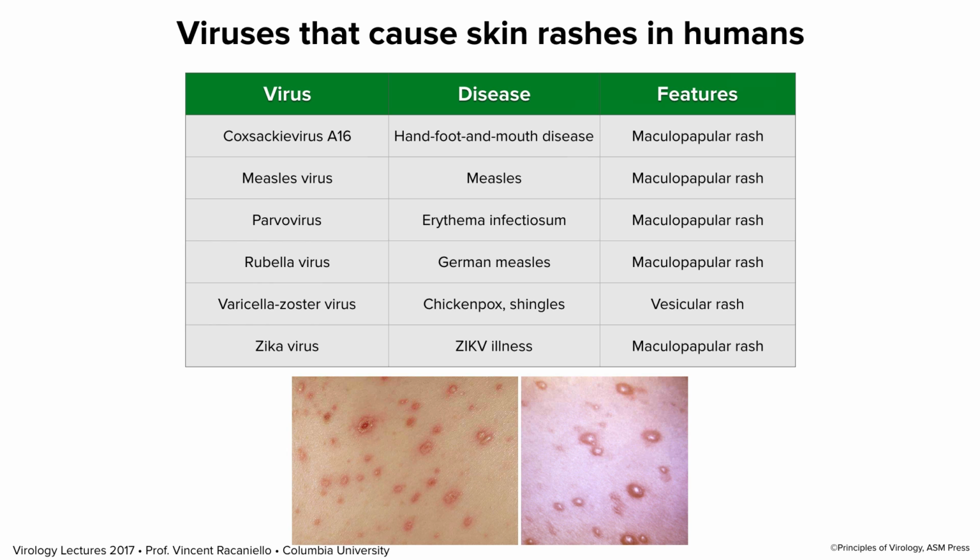One is a vesicular rash, and that's chickenpox or shingles, and that's on the right here. And you can see the individual rash lesions are vesicle-like. They're full of fluid, and they are raised from the skin. Quite clearly vesicular. Then we have maculopapular rashes, which is the one on the left. This is a mixture of slightly elevated rashes, like the ones here, and flat red ones, which you can see in some of the other ones. Maculopapular. There's a few other names as well, but the point is that some viruses can do this, and they have distinct presentations.